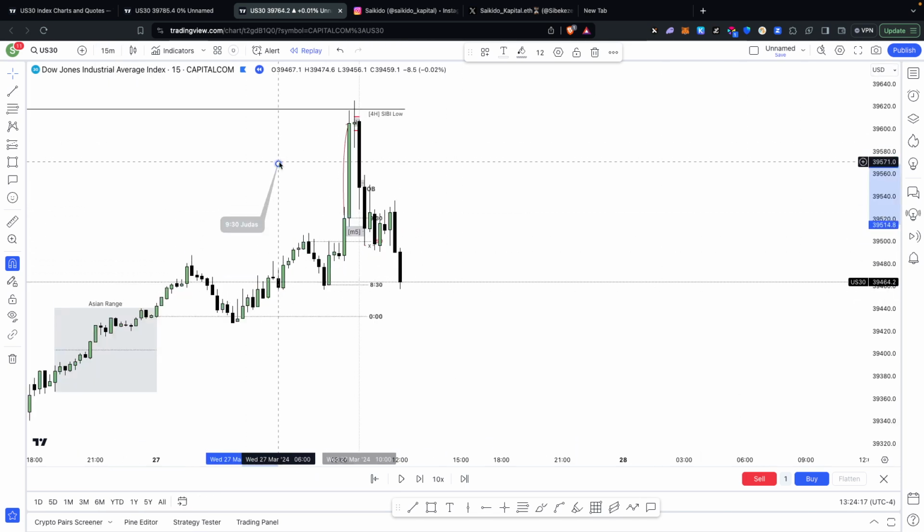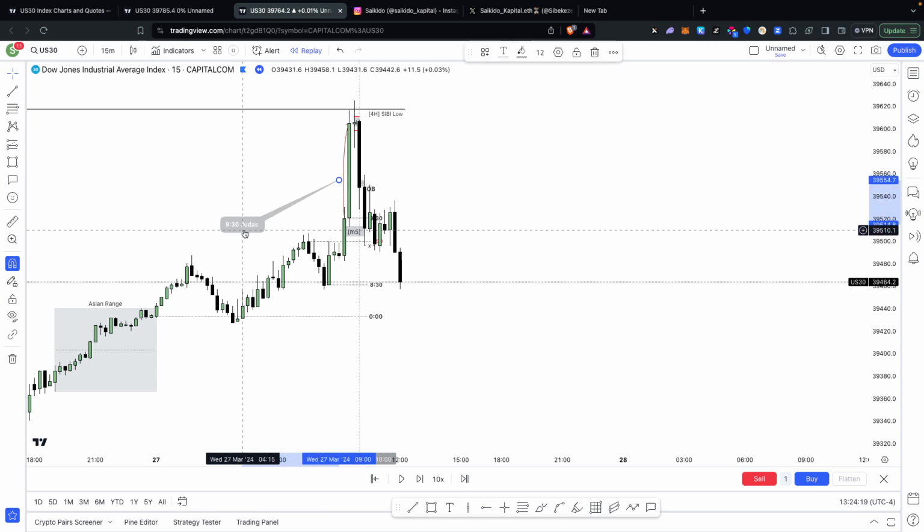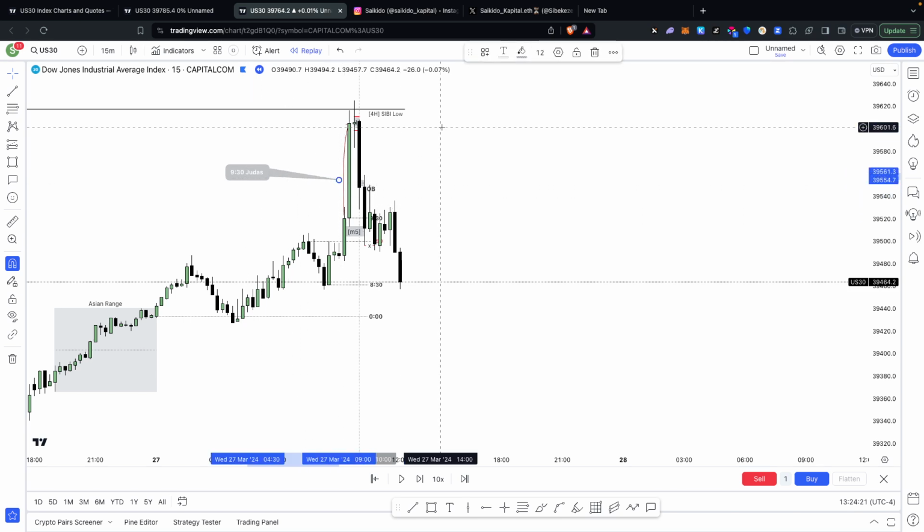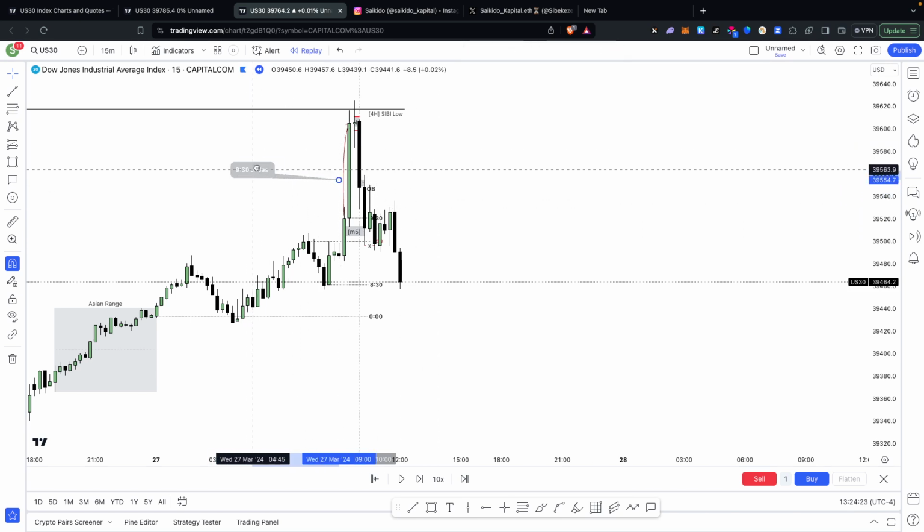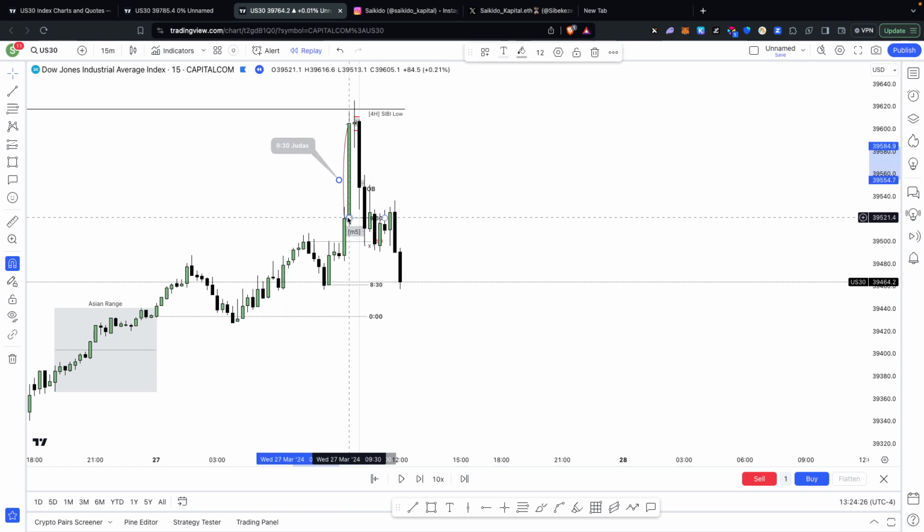Now I want to cover the Judas swing. Okay, if you are going to be trading the ICT 2022 model, the 9:30 opening pair is mainly, or in most cases, the Judas swing. So it's gonna move in the opposite direction of that 10 to 11 o'clock delivery. Okay, it's going to move in the opposite direction, and it must satisfy a higher time frame PDRA. It could be a swing low, it could be a fair value gap. Okay, it could be any PDRA.